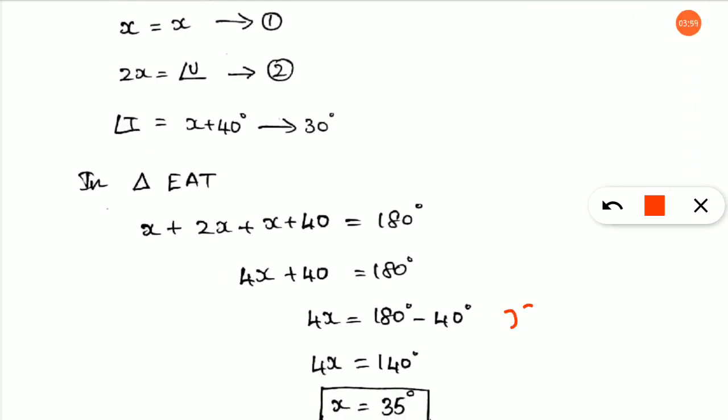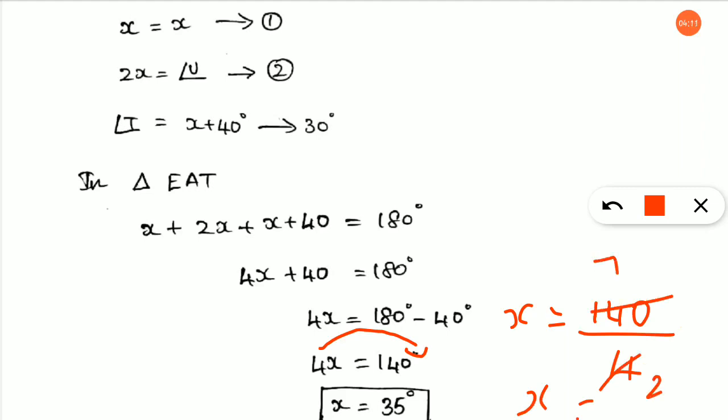So we need the value of X. I am going to bring this 4 here. When multiplication is brought to the other side, it will become division. Very good. So the answer is, you can cancel it out, 7 times, and 0 again, 35. So X is equal to 35 degrees. Now we know all the values.